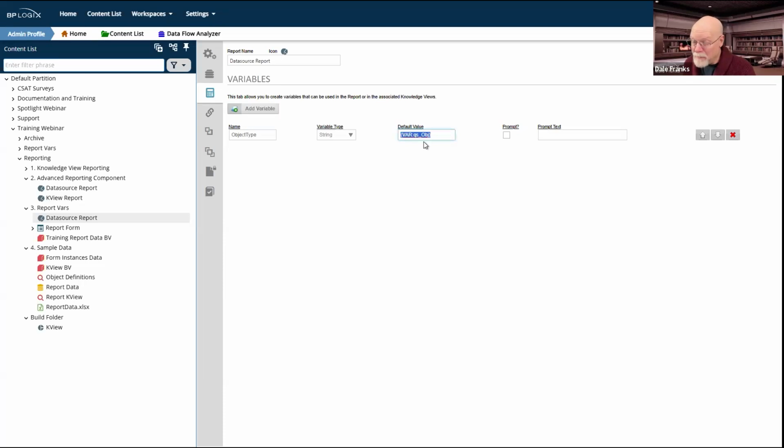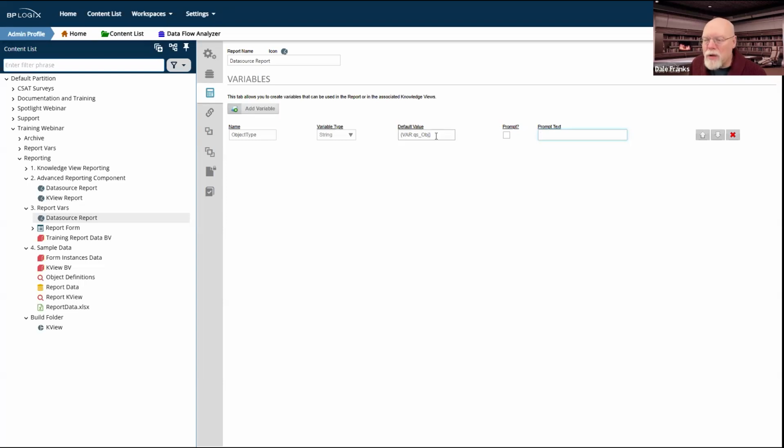We'll come back to that. Now, I do have another choice. I don't have to fill this in. I can leave it here, but I can also make this happen in the report itself. I can have the report prompt for a value, and I can give a prompt text to tell the user what they should enter. We'll take a look at that in a little bit.